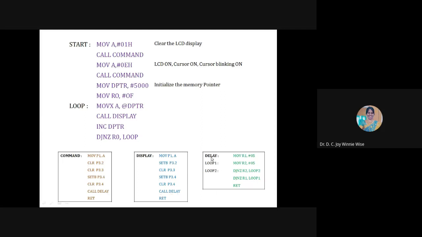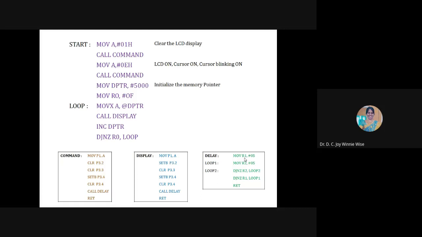Coming to this delay subroutine, it is nothing but a 10 line or 15 line program that will be executed for 10 milliseconds or whatever time it is. Here, this is a delay program. 5 into 5 times the program will be executed. This is nothing but a loop, no? Like the I loop and J loop in a C program. We can have any program, even an addition program, whatever instructions.